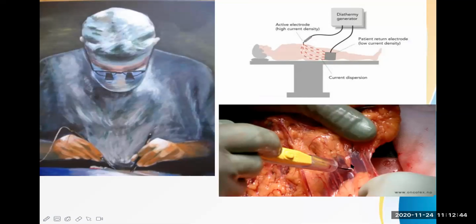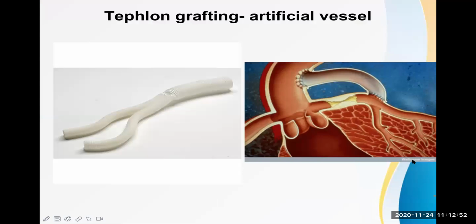But we cannot stop bleeding from a big blood vessel like this, okay? Only bleeding from small blood vessels can be stopped. And this is known as Teflon grafting. These are artificial vessels. Now, if the area which is bleeding is there, then we can bypass that bleeder by putting this artificial vessel. So these are the different ways by which we can stop the hemorrhage. This is a very important topic. Okay, so a lot of important concepts are there because hemorrhage or bleeding is one of the commonest